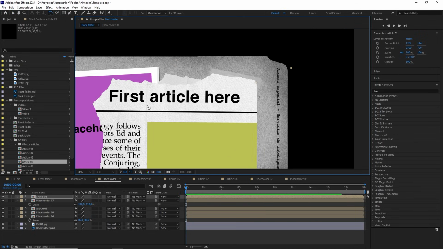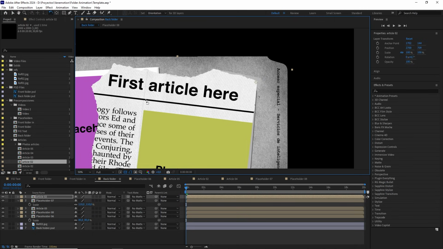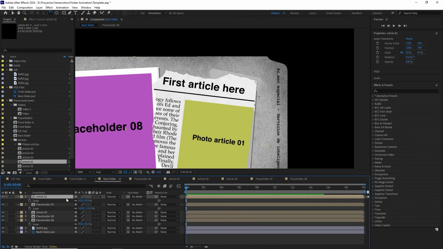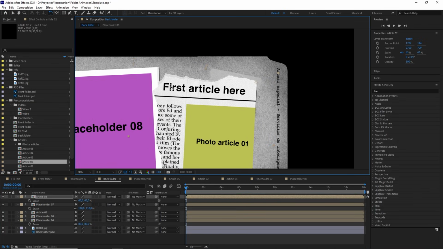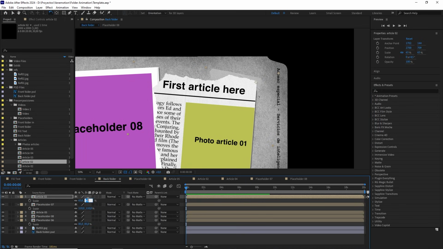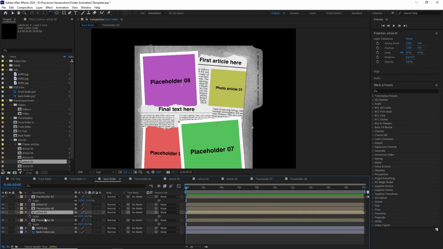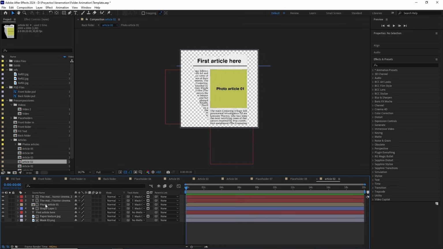W to rotate and S to adjust the scale. Maybe I'll rotate it a little bit more around there and make it a little bigger. Okay, I'm going to move this article to the back, and now, within this article, this composition called Photo Article